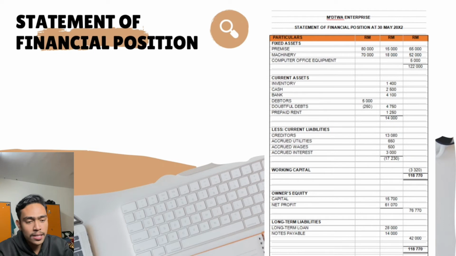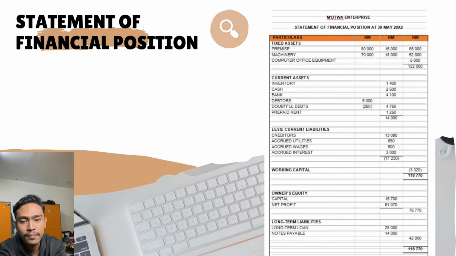The total of assets is 122,000. The total of current asset is 14,000. The total of current liabilities is 17,230. The working capital is 3,320. The total of owner's equity is 76,770. The long-term liabilities total is 42,000, and the balance of statement financial position is